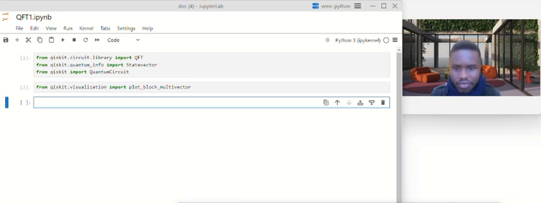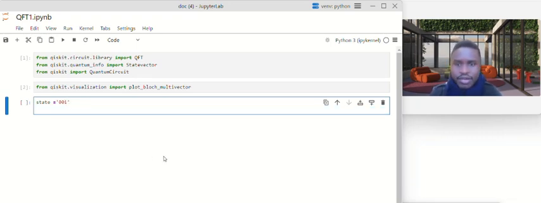Now let's assume that we have to implement the quantum Fourier transform of this state. Here it means that we have a state with 3 qubits, where the first qubit, because you have to start from right to left, is in the 1 state, the second qubit is in the 0 state, and the third qubit is in the 0